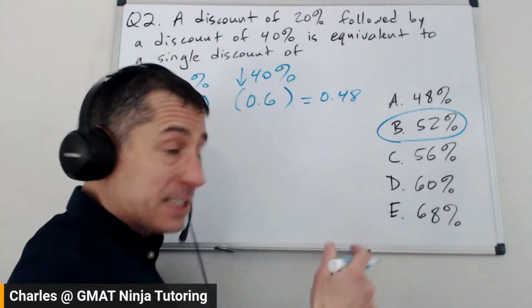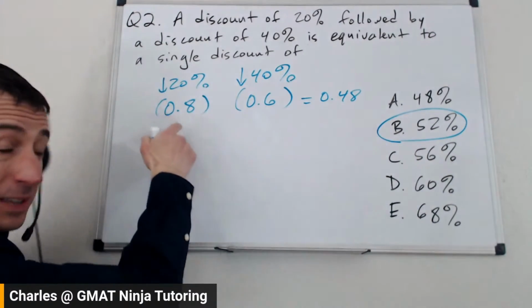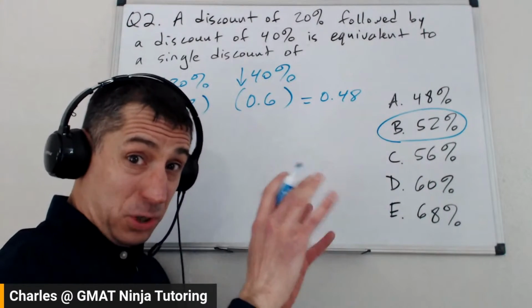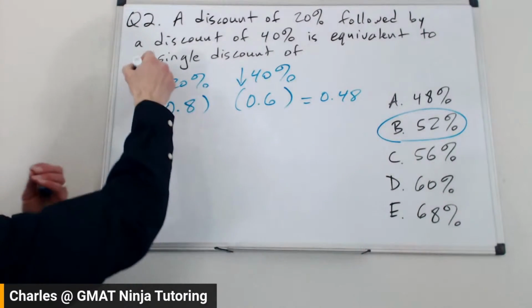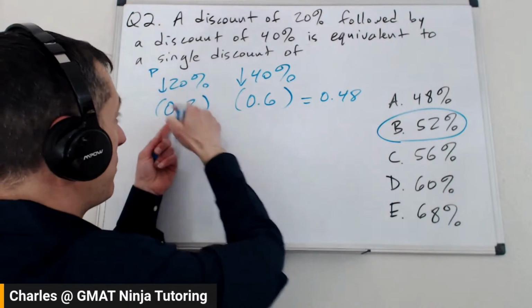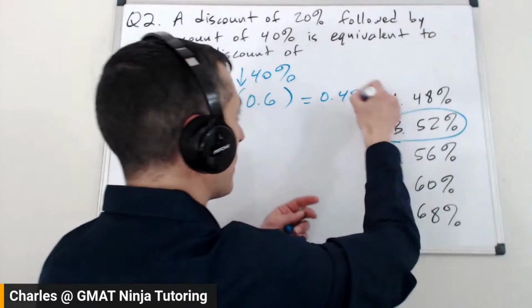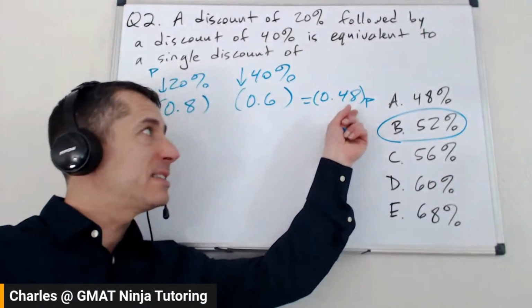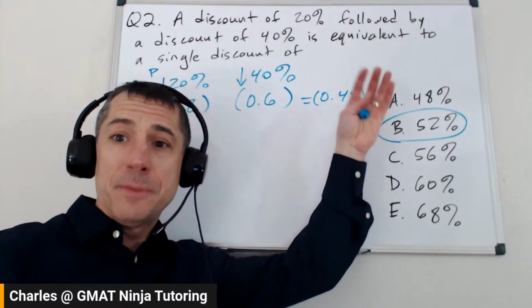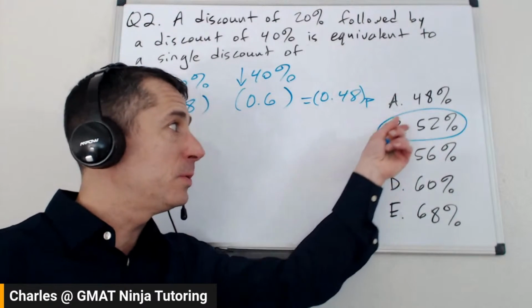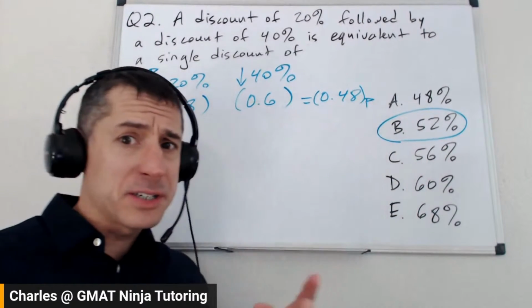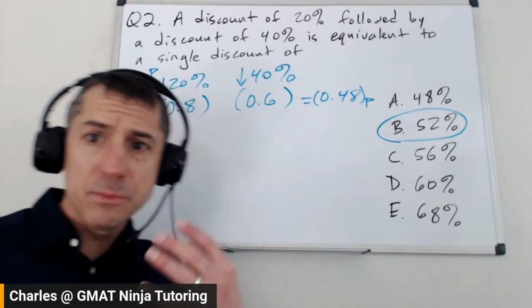If that idea is unfamiliar to you, you could stick a variable in there if it helps you think of it. It's certainly not necessary, but you could say, okay, imagine that the original price is P. And so you're taking P times this and you end up with 0.48P. You've gone down by 0.52. There's your percent change. So again, if it helps you to think about it with that P there, knock yourself out. Ideally, we hope you don't need that.